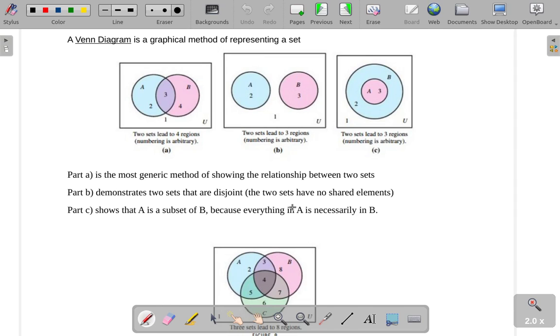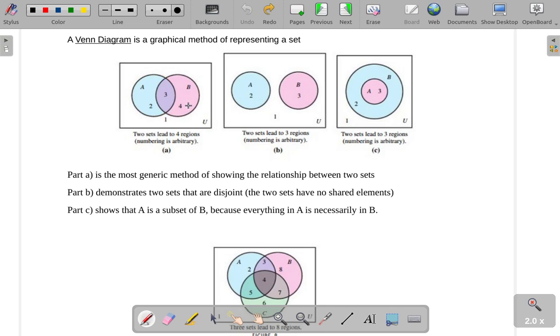Sometimes when we're talking about these sets, it's nice to have a graphical way to represent them, and this is where Venn diagrams come in handy. So I have three different Venn diagrams here, three different possibilities. First off, you can see we're talking about two sets, A and B,